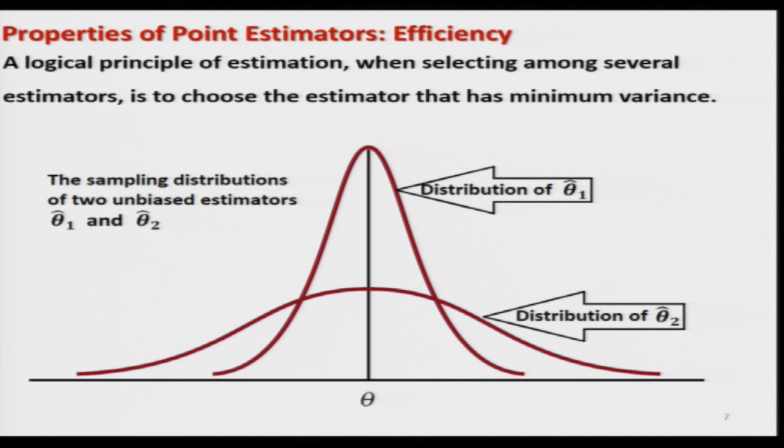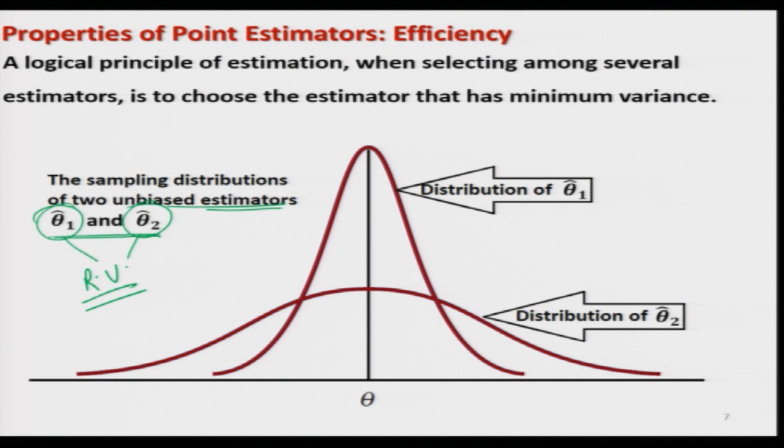Now let us see graphically what will really happen. Suppose we have two estimators theta 1 hat and theta 2 hat, and both are unbiased estimators. Obviously they are random variables, because they are functions of random variables. So they are statistics. Once they are random variables, these statistics will also have a probability distribution. And you have done such a thing.